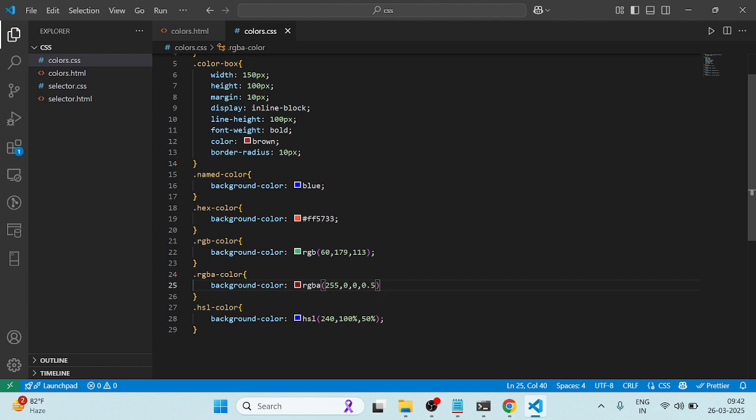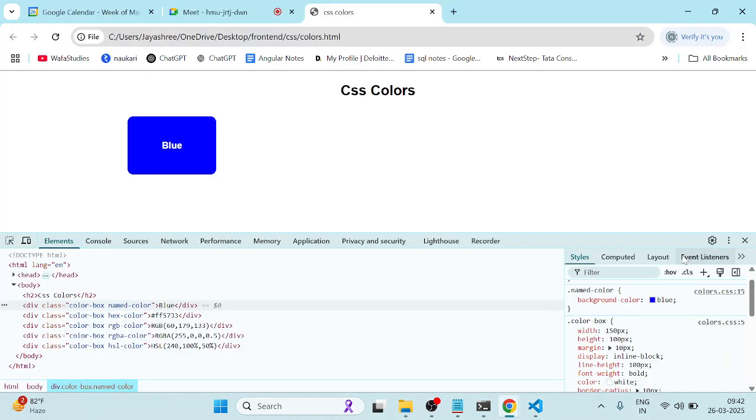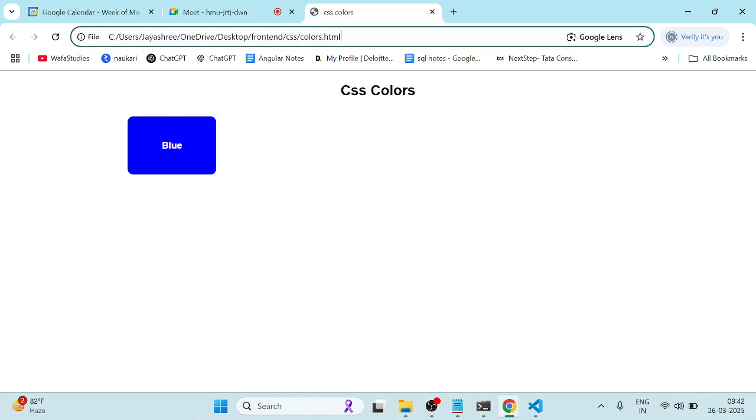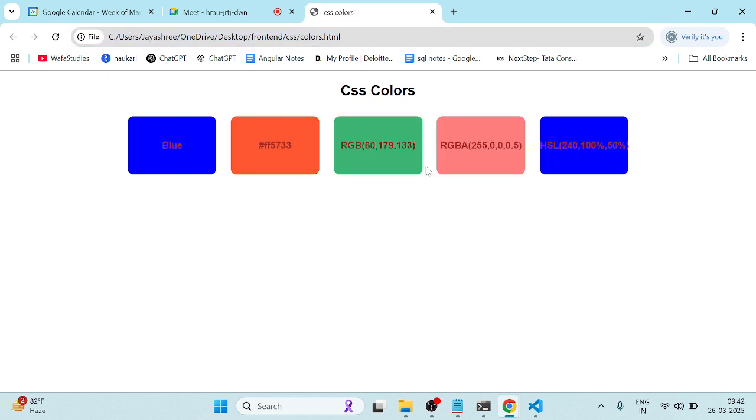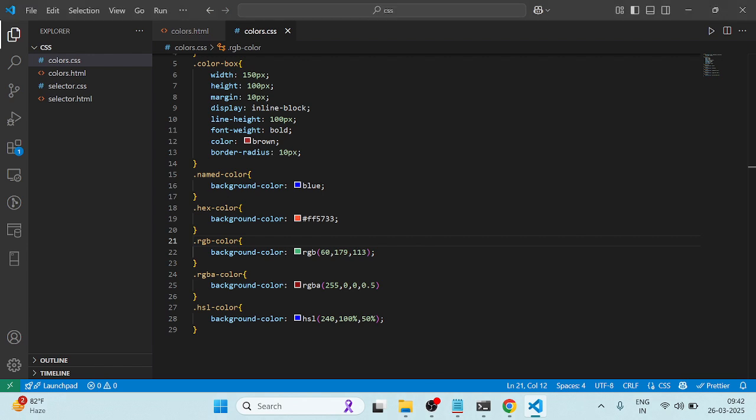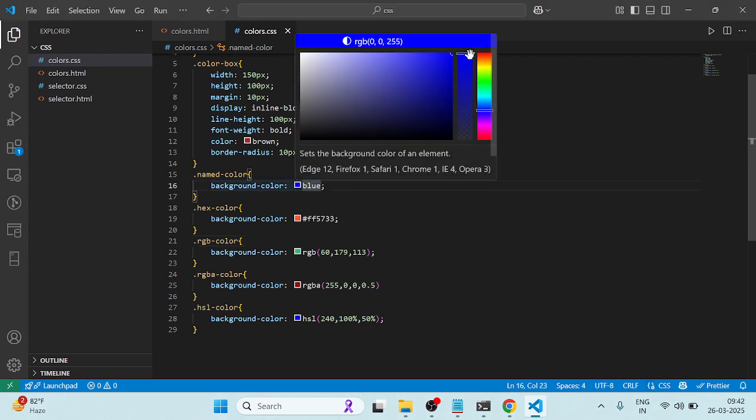So go to your browser and refresh it. So see here, it happened, all the RGBA colors and all the things will be like this. So any color you can use. Suppose you can go to your named color, so the shaded part you can take. So it is converted into